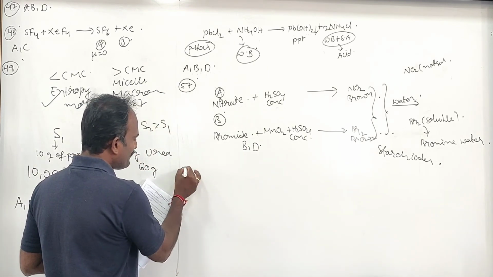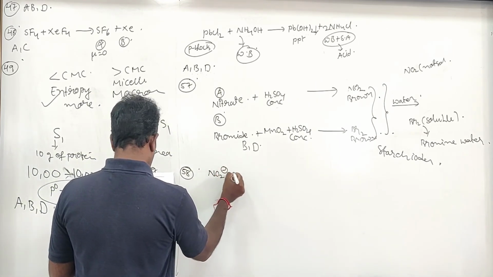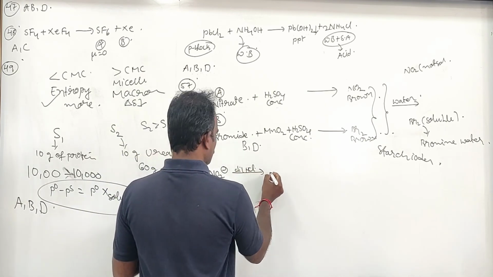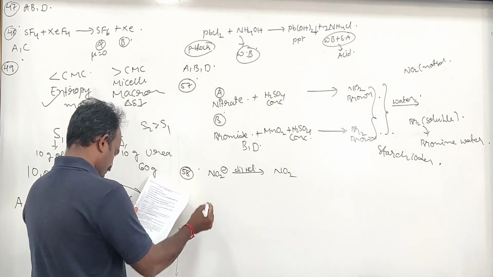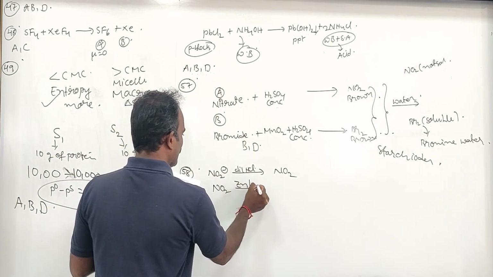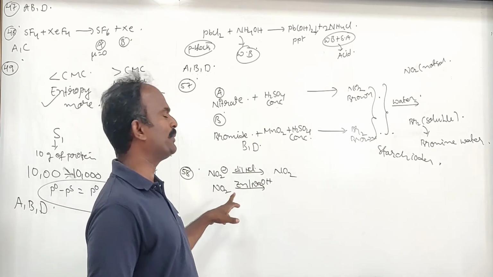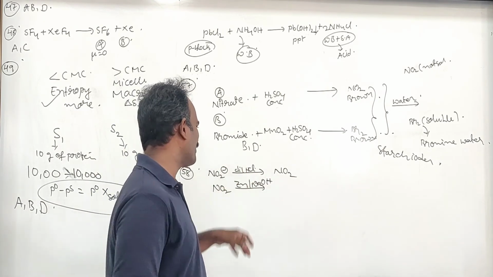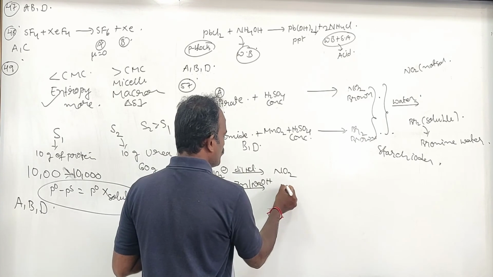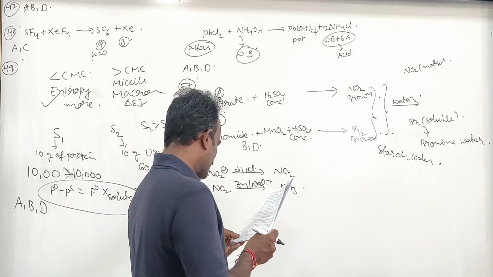Next, question number 58. In this, they have given NO2 minus with dilute HCl gives rise to gas. That gas is going to be nitrogen dioxide, we know. When that gas reacts with zinc and NaOH, if you remember, we already told that more electropositive metals like zinc, aluminum, or iron, when they react with NO2 minus or NO3 minus or nitrogen dioxide, it gives ammonia. So now select the correct statements.